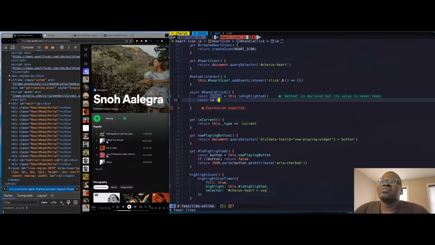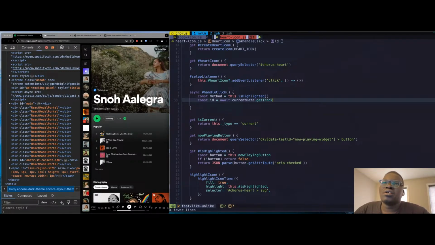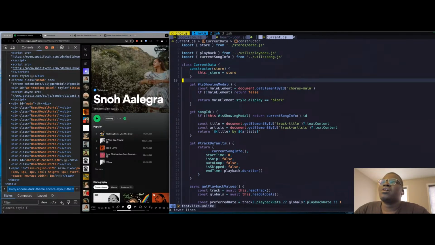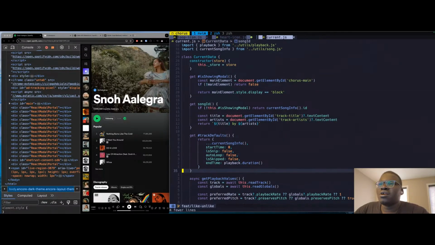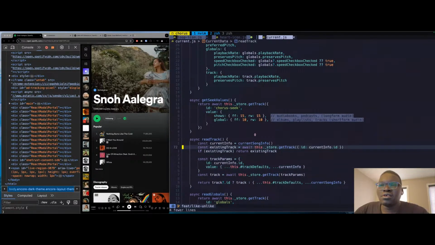So ID, we need to access the store for the current track. So say await current data, get track, or the read track. Let's see. This is in our store. And we have song ID, read track yet. So this should get us